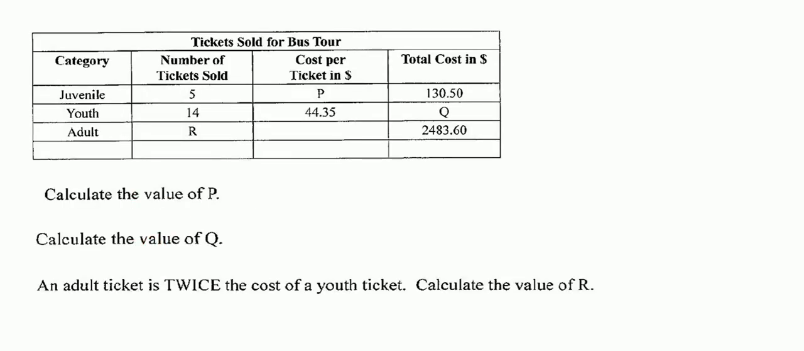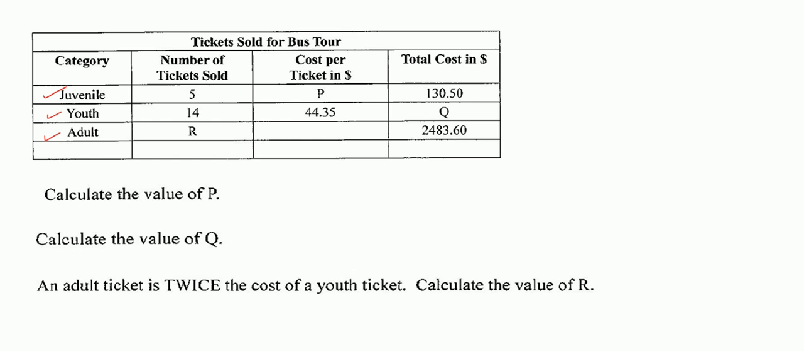Alright, so the next part of the question, we have some tickets being sold by a tour bus, and we have different categories of tickets and different prices. So we have juvenile, we have youth, and we have adult. So these are the different classifications for the tickets. And the table is telling us the number of tickets sold in each category. So 5 tickets are sold to juveniles, and the cost per ticket is P, and the total cost of those 5 tickets is